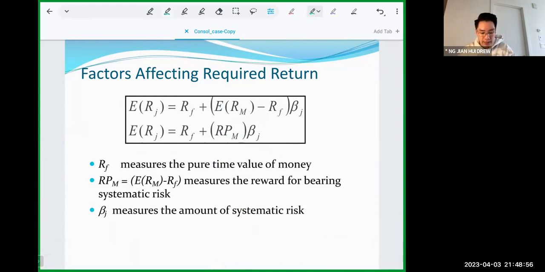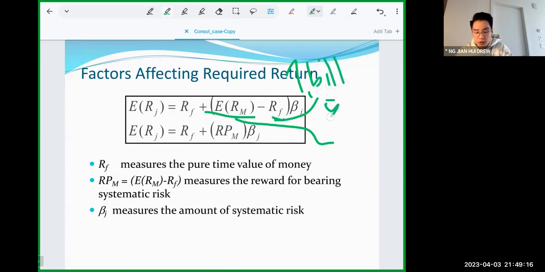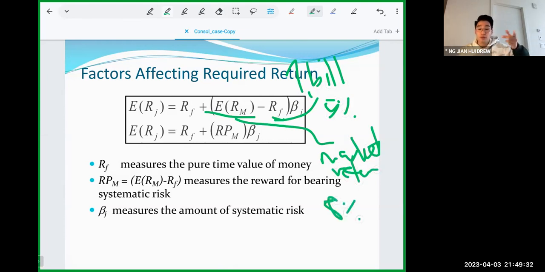So I want to repeat here that for expected market return, sometimes they can say the T-bill rate of return is, let's say, 5%. If they say T-bill, we know that is the risk-free, right? And for this one, they can say the market return, maybe 8%. So we need to be able to know the